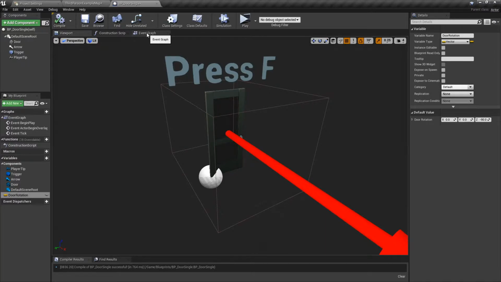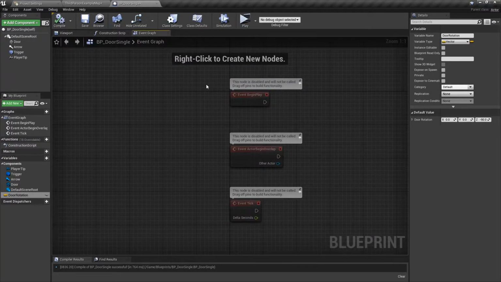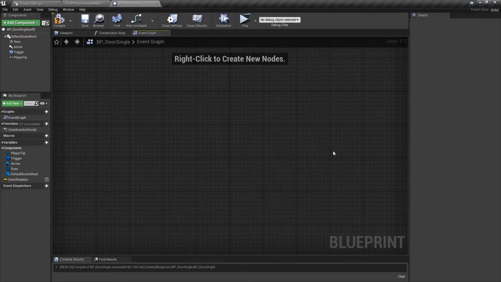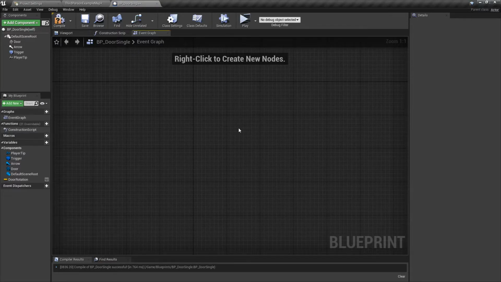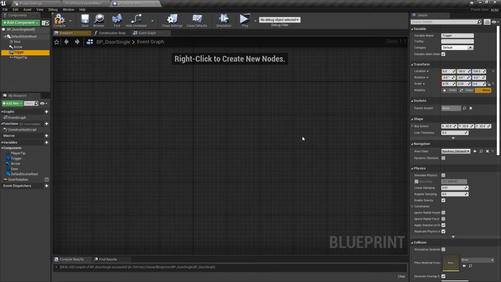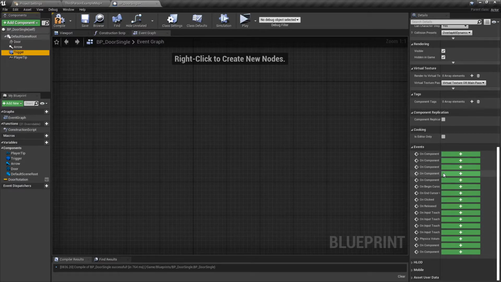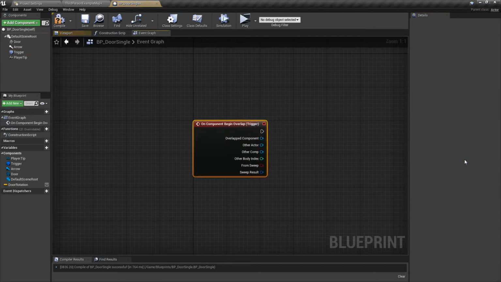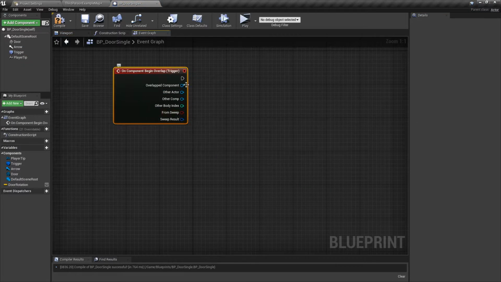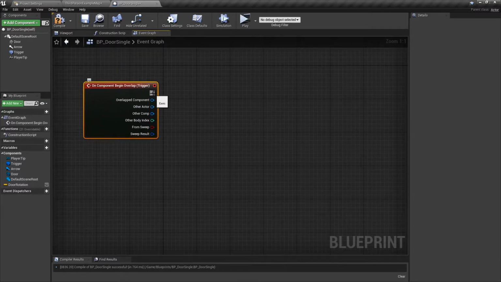So let's go over to the event graph. We can select and delete those, and we can start building our script. To start off, we want the trigger to detect when a player walks into the box. If we scroll down over here, slide this across, you can see begin overlap. Click that. So when a player overlaps that trigger box or walks into the trigger box, we want it to